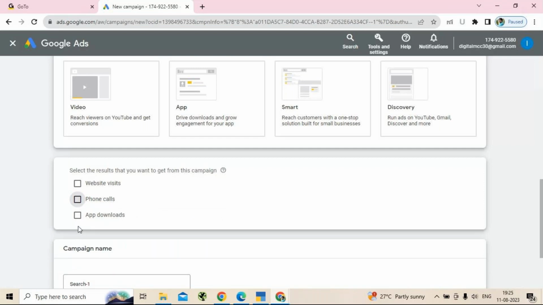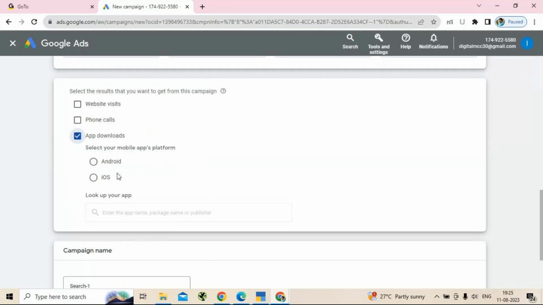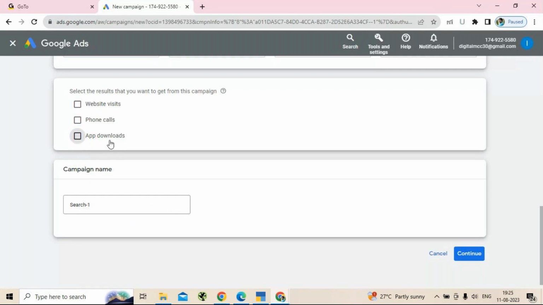And in case you have developed an app and you want to give the link of it, you can choose the platform and give the link of that app over here. Okay, so in case you have all this information, you can use all three, or any one or two also.